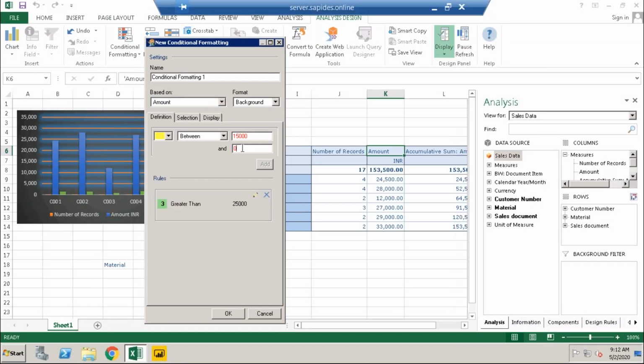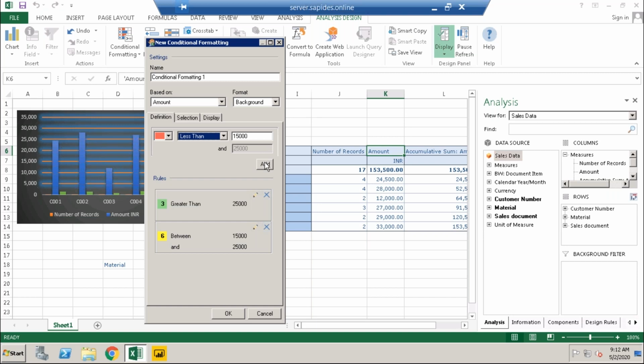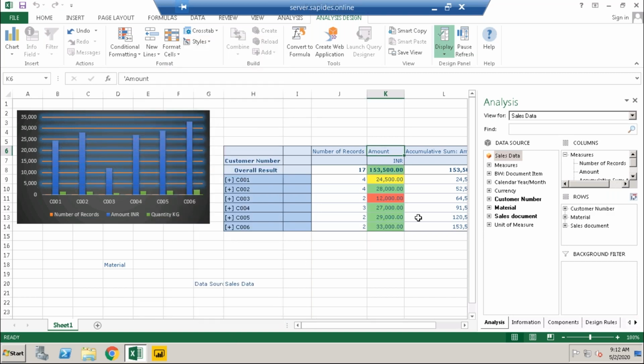Okay, there are some issues. 25,000 as added here. Okay, it's red, less than. Okay, so based on this, see the color formatting happened: the average sales, bad sale, good sale.